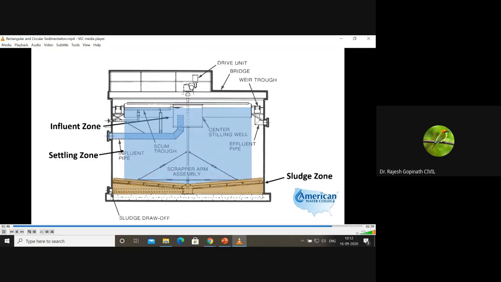You have your mechanical scrapers. The effluent weir goes around the entire circumference of the clarifier. So I'll repeat. You had your wastewater entering here, it rises and falls down. There is radial movement. Due to gravity, all the settleable solids will fall down, and then there is a scraper assembly which collects it to one portion from where the sludge will be removed. Let's continue.